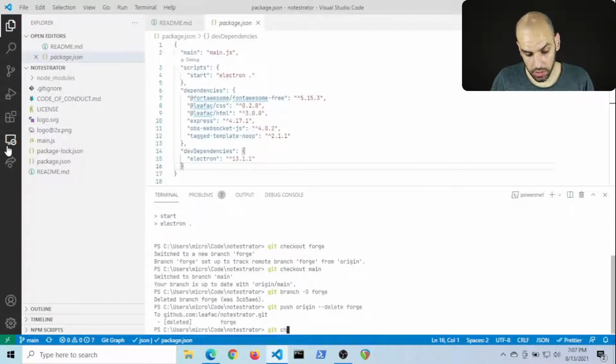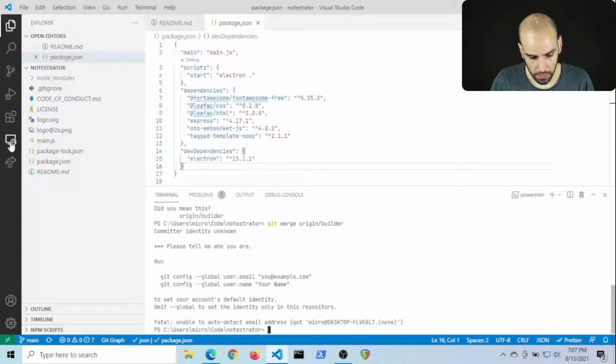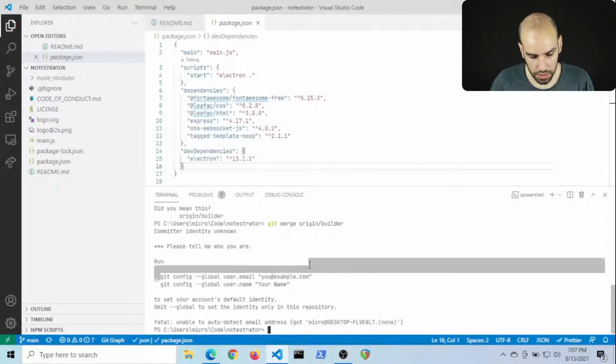No, I don't need to check it out. I can just merge Builder. Yeah, that's what I mean. Oh, yeah. New machine, I have to configure stuff. That's all right.